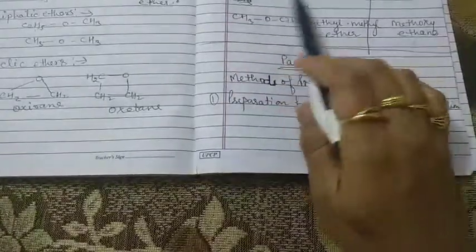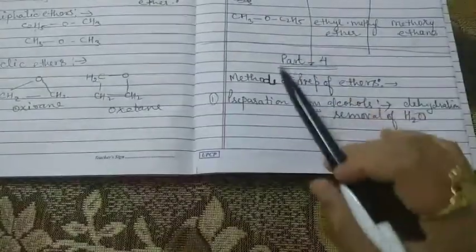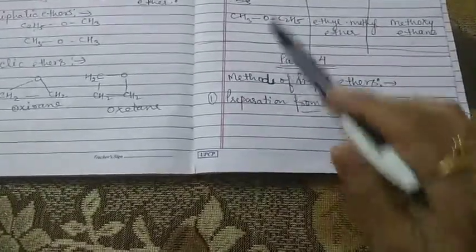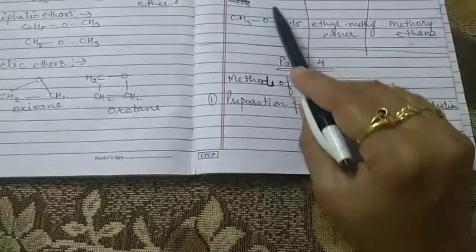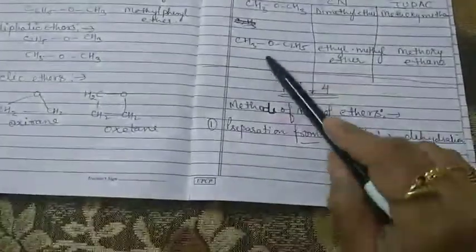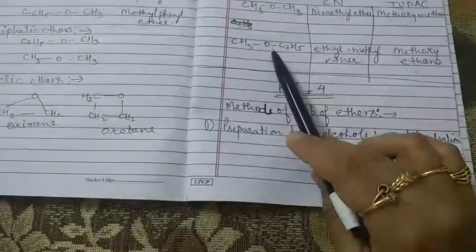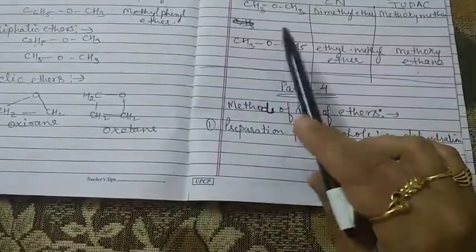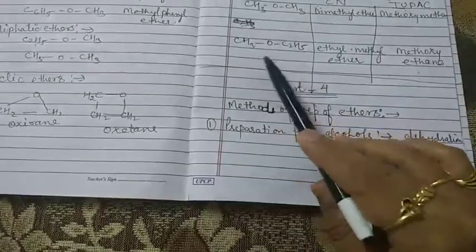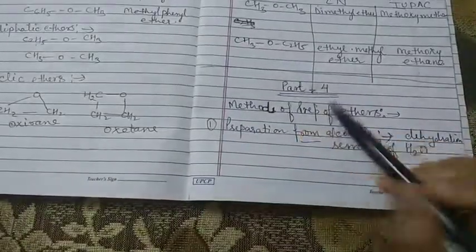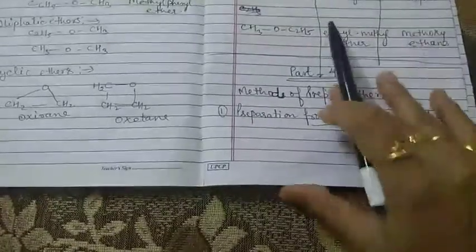Even a small amount of acid is sufficient to carry the continuous conversion of a large amount of alcohol to the ether. Such kind of ether, this is also an example of ether. So acids are able to convert a large amount of alcohol to the ether, and this reaction is called the continuous etherification process.